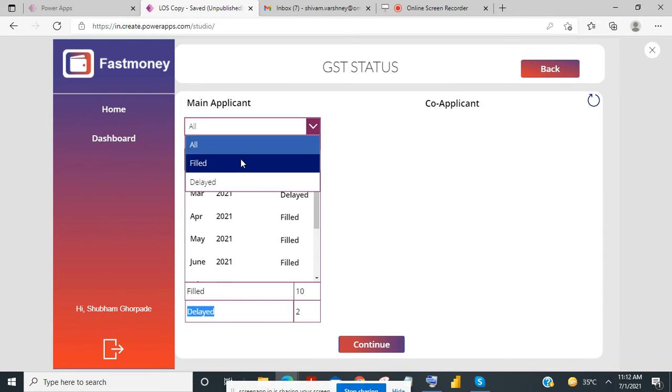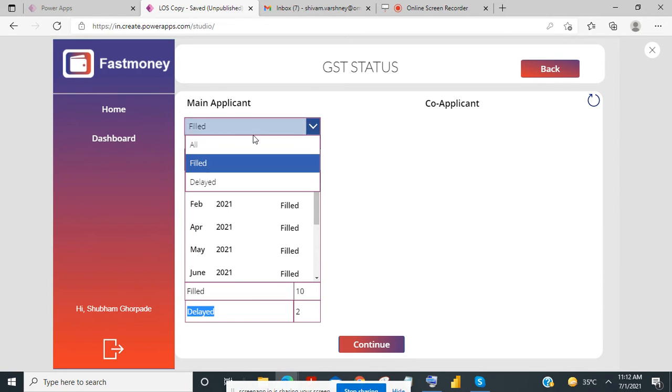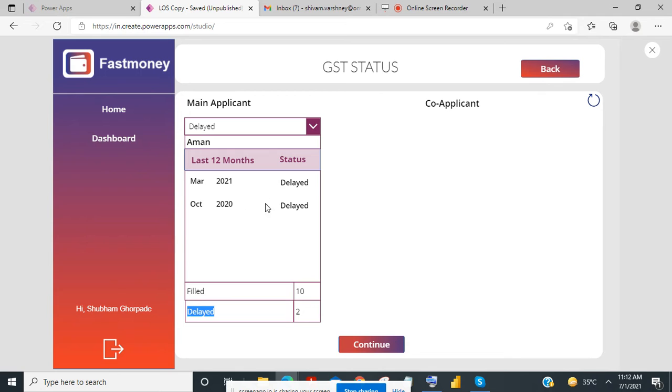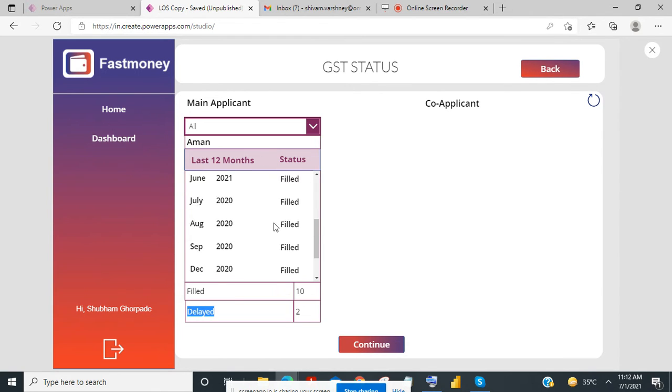If I want to see the filed ones, then I can see all the filed, and if I click on delayed, then I can see in which month it's delayed, and if I click on all, I can see all the GST status. For the main applicant. Here in the co-applicant it's empty, because we have not added any co-applicant till now, so it did not show anything here, and we just need to click on continue.